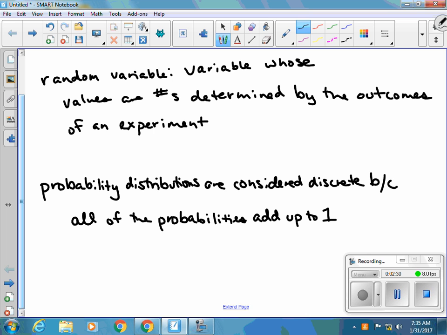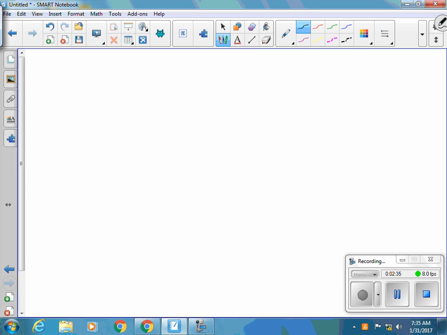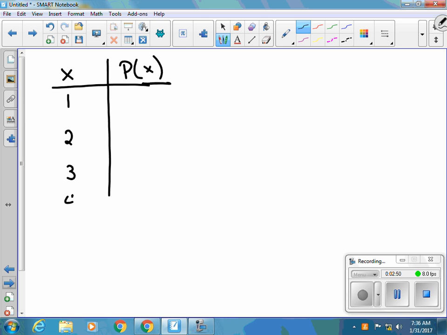So when we're looking at a probability distribution, it's going to be set up as a table. It's going to be set up in X and then P of X. And I'm just putting some random numbers down here just to make it a little bit easier. The book will actually have you talk about different specific outcomes, and you'll actually be able to calculate those probabilities. But for now, just to keep things moving along, I'm just making stuff up. So